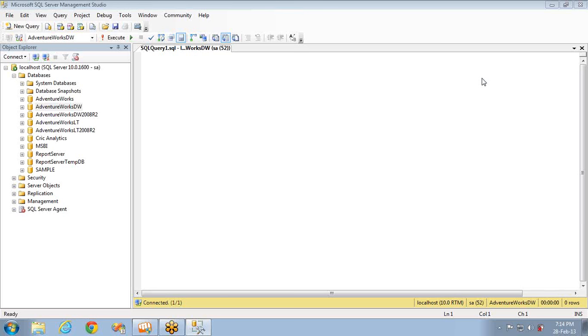In the last session we discussed transactions and types of transactions, like auto commit transactions and implicit and explicit transactions, with examples. We also discussed how to find out whether there is any open transaction using the global variable @@TRANCOUNT, and also using the DBCC command, DBCC OPENTRAN. Now in this session, let's talk about a couple of things related to transactions.